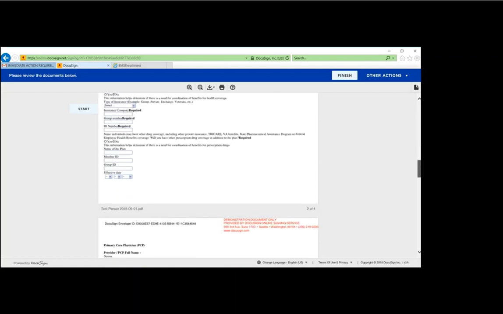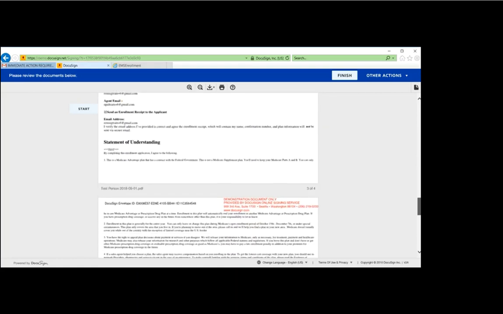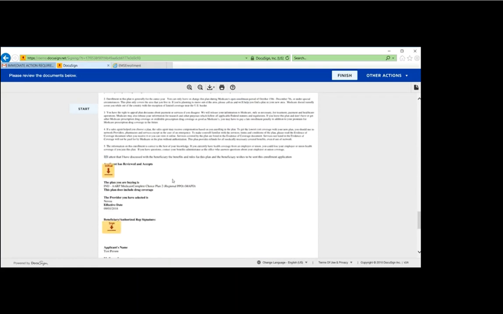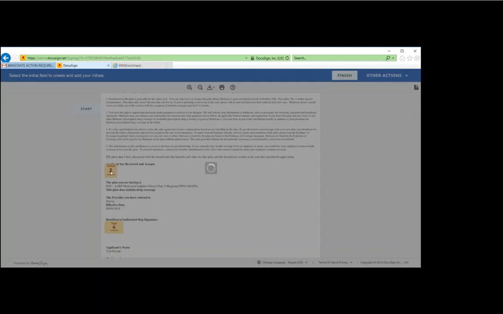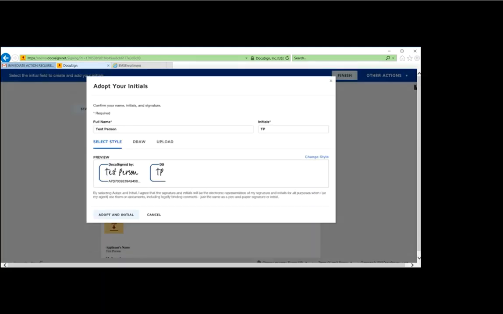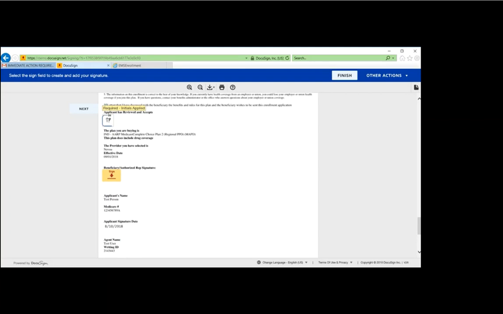There will be 2 buttons on the 3rd page of the application, one to initial and one to sign. When the consumer clicks on the initial button, they will be given options to complete the signature, either entering it using their own touchscreen or mouse, or adopting a pre-generated signature style from DocuSign. After signing both buttons, the consumer should click Finish at the bottom of the page to complete the process and